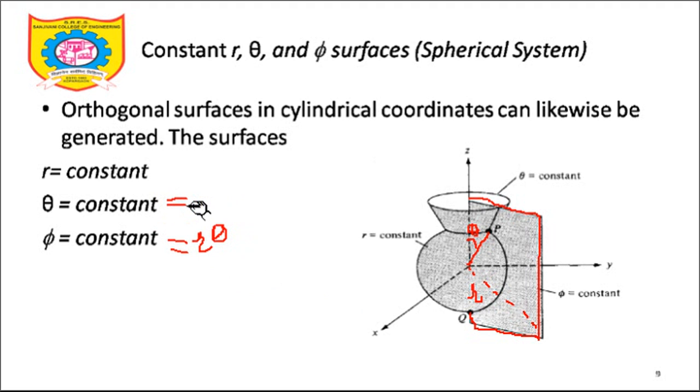Let's look at the next plane. If you can see this circle, phi is constant, so there will be two things which are varying. The radius may vary: you can see a larger circle from here, or a smaller circle from here onwards. This particular plane is the theta equal to constant plane. Theta equal to constant means two things must be varying: r is varying and phi is varying. So r is varying and phi is varying, that means it is the theta equal to constant plane.